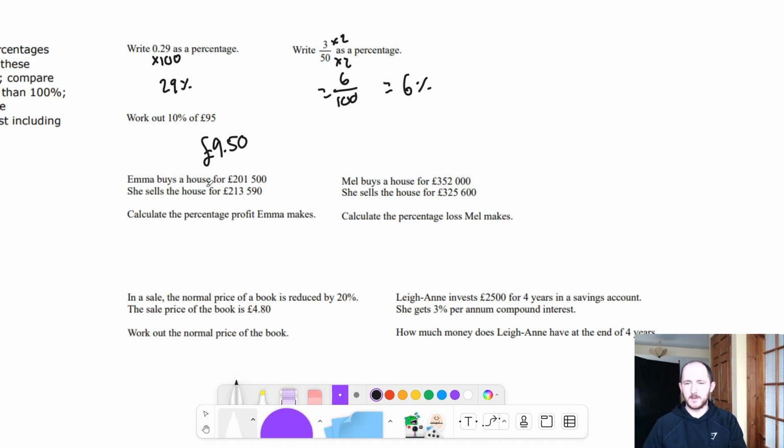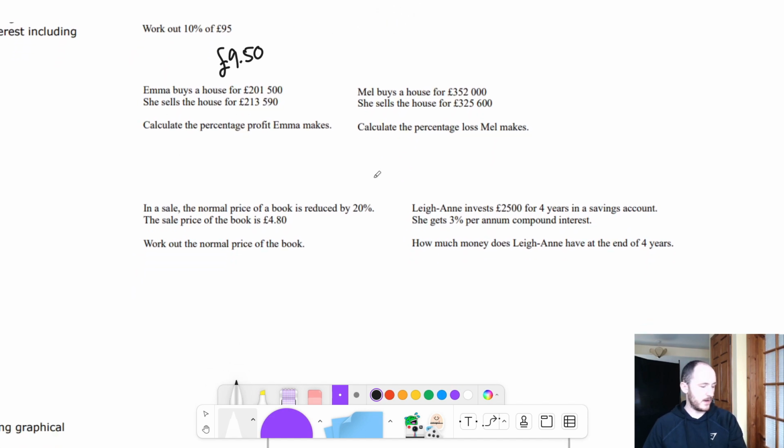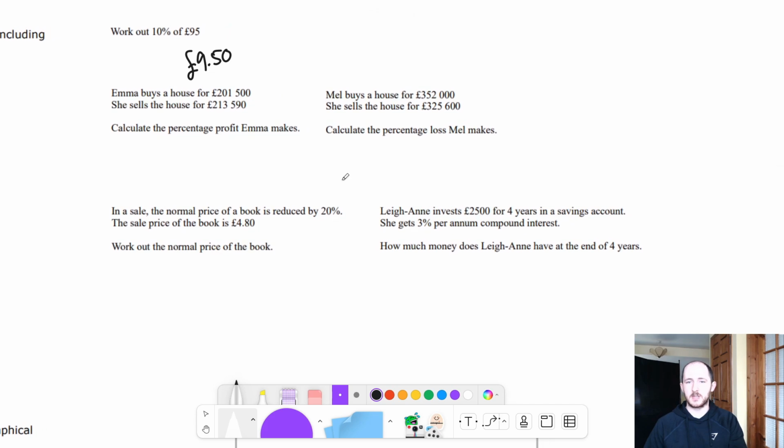The next thing you should be able to do is work out percentage profit and loss. However, I want to point out that both of those are actually just percentage change. So with percentage profit and loss, they're actually the same thing. They're both percentage change. So I'm going to show you the percentage change formula because it means you don't have to remember two different formulas. So percentage change, right, is just equal to the new price, so either what they sold it for or whatever, minus the old